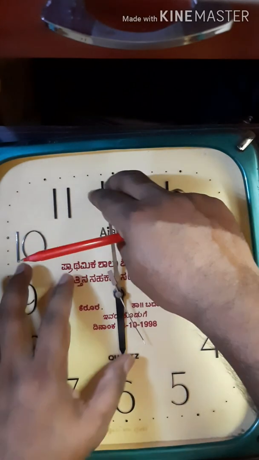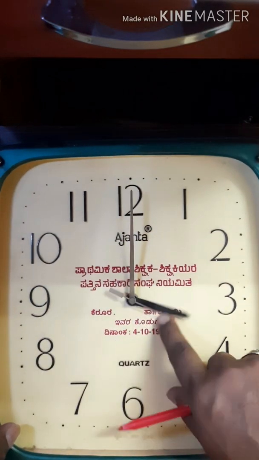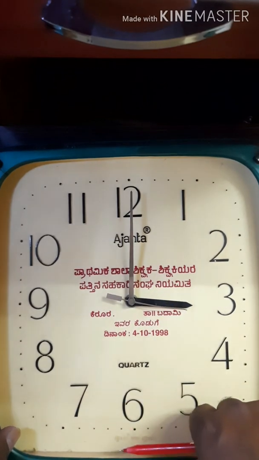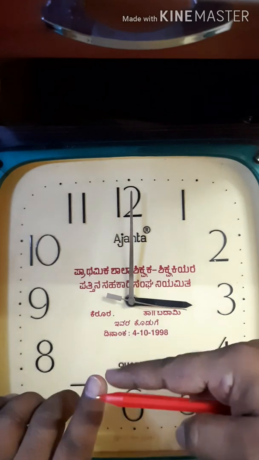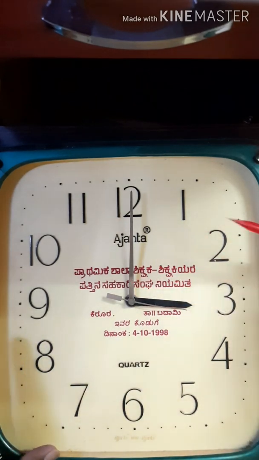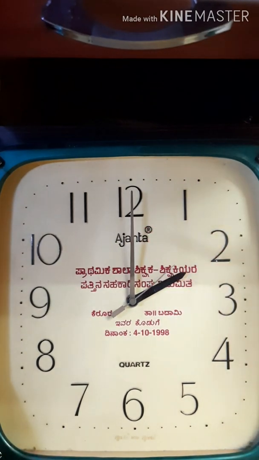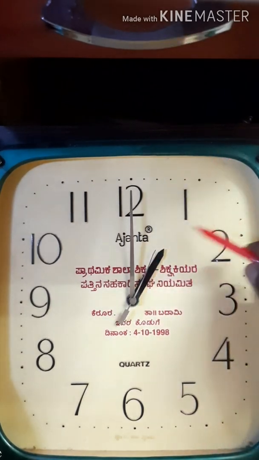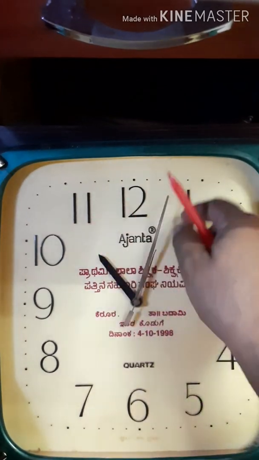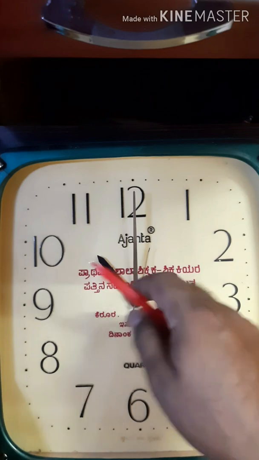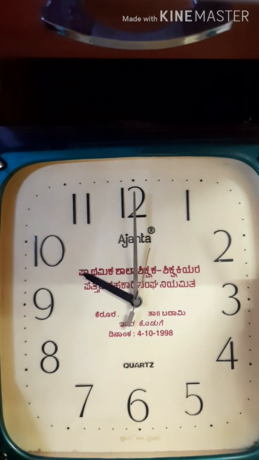9 a.m., 9 p.m. and if it is 3 a.m., 3 p.m., these 4 times, 9 a.m., 9 p.m., 3 a.m., 3 p.m., the hands of the clock make 90 degrees. If it is 2 o'clock, the hands are making an acute angle. If it is 1 o'clock, again the hands are making an acute angle. Similarly, if it is 11 o'clock, the hands are again an acute angle. 10 o'clock, the hands are again making an acute angle.